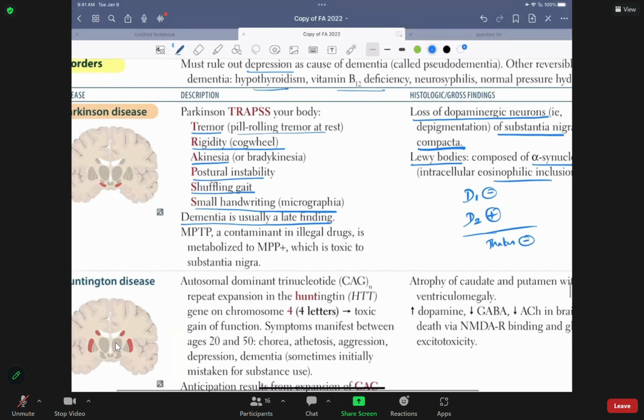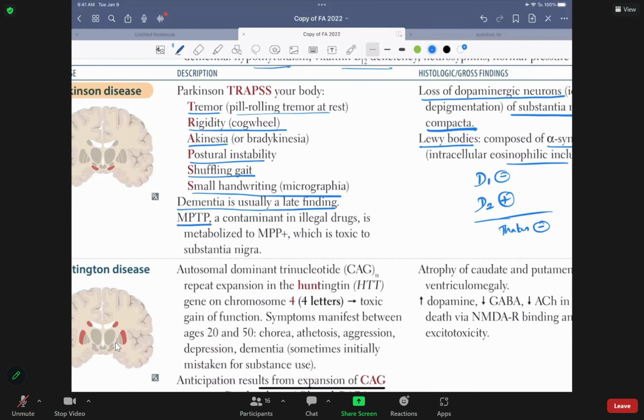Now the last one, MPTP. It's an abbreviation for a chemical. It should be on the back of the book. I don't know what it's an abbreviation for, but I don't think we need to know. MPTP is a chemical found in many illegal drugs. When people use the illegal drug at a younger age, that drug has this particular chemical, which is toxic to the substantia nigra. So what happens, folks?